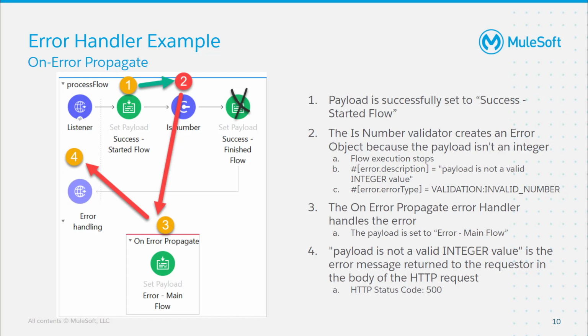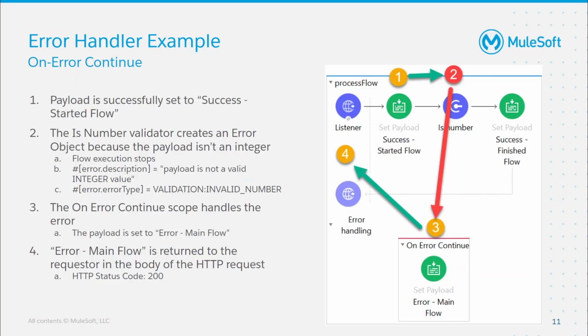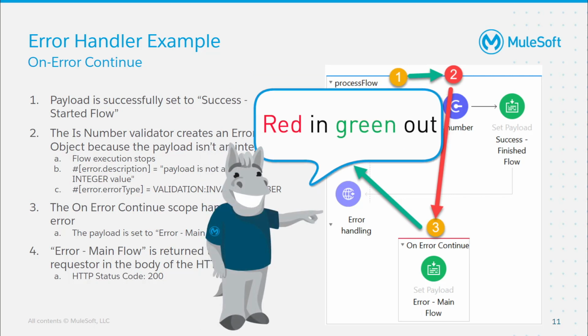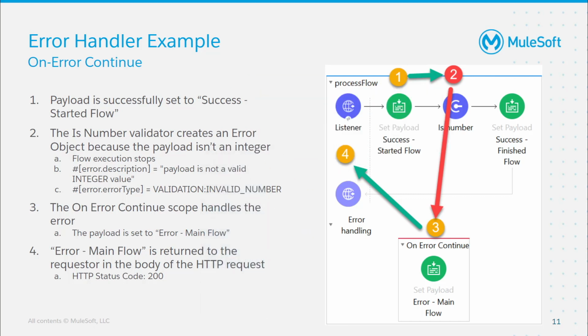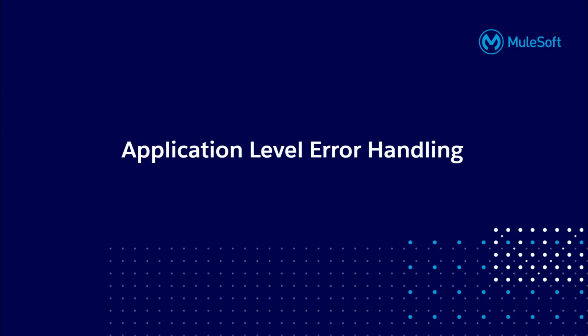payload is not a valid integer value. The next example is the exact same flow as the previous slide, except the error is handled with an onErrorContinue scope. Note that everything is exactly the same until you get to step 3. Here, because we have an onErrorContinue scope, red in, green out, a success message is passed back. In this case, because the payload of error main flow in the error handling scope is set, that message is